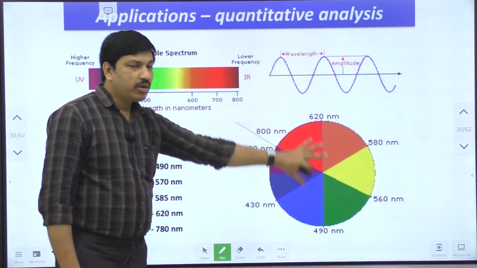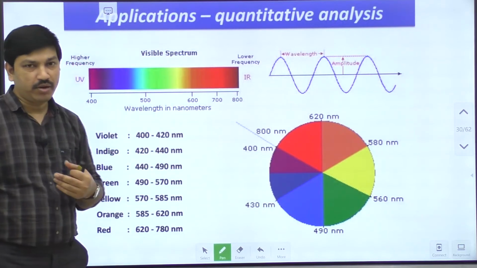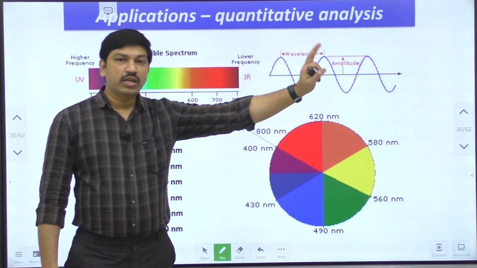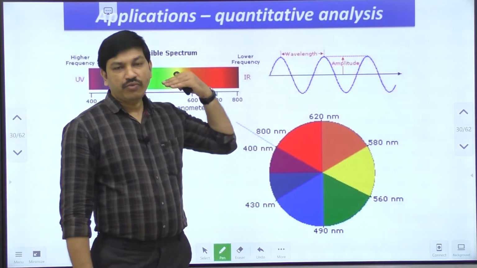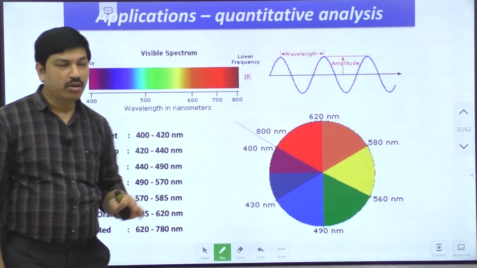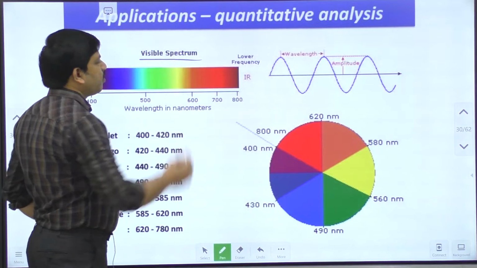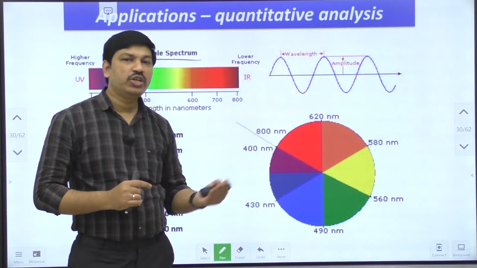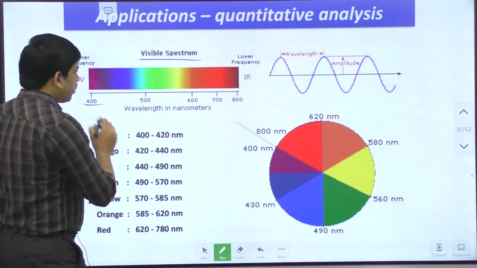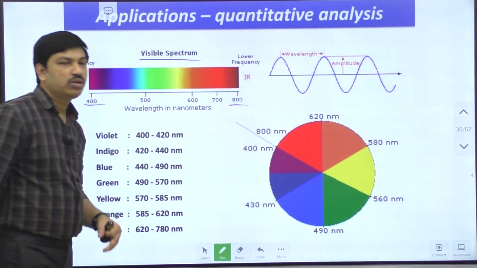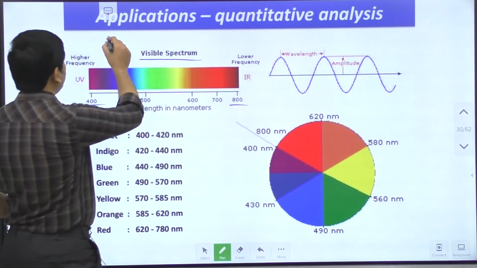In order to understand that point, we have to understand what the visible spectrum is. We have seen the electromagnetic spectrum. The electromagnetic spectrum consists of various electromagnetic radiations, from microwave radiation and radio waves to gamma radiations. But among those, one of the radiations is visible light. This visible light is actually a combination of different colors. From 400 to 800 is generally defined as visible radiation, and 200 to